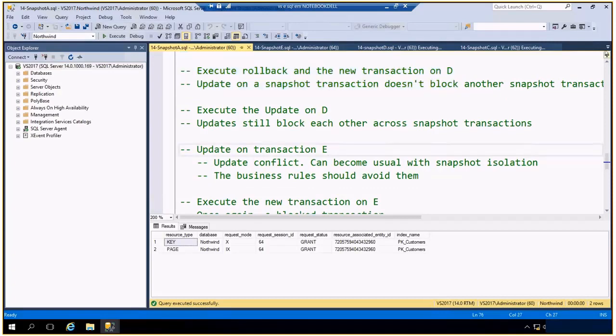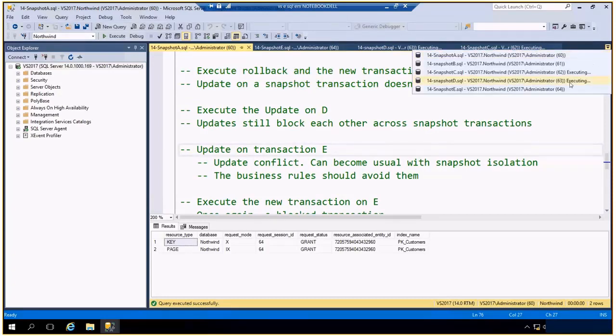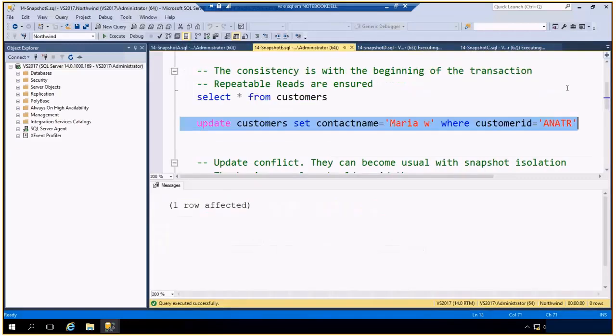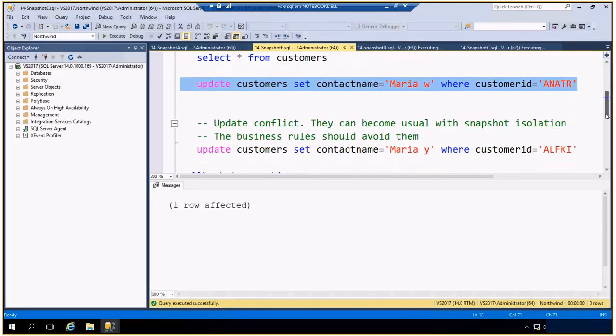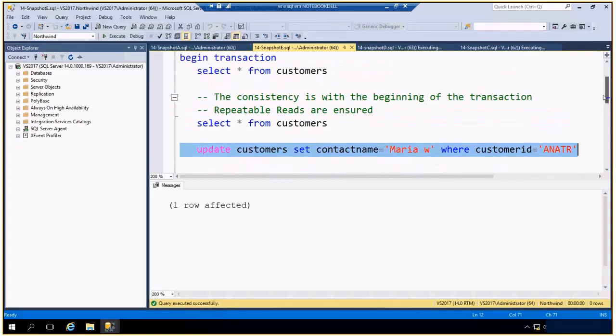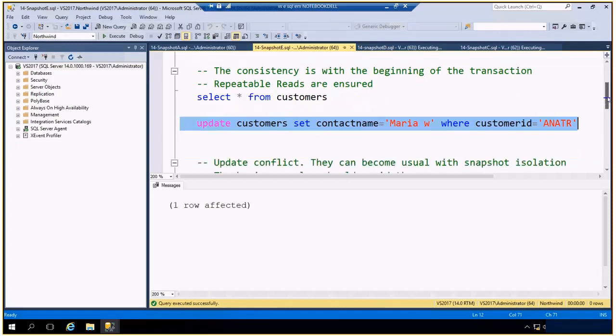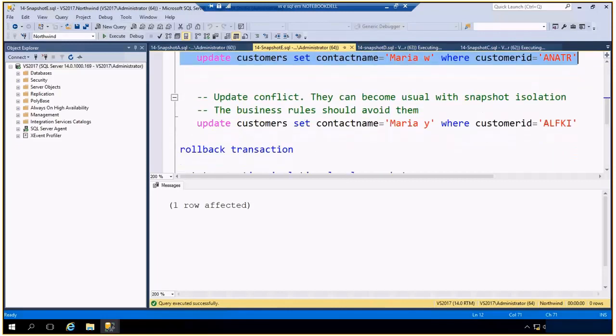Let's return to script E. I started this transaction many selects ago, and the record ALFKI was updated.